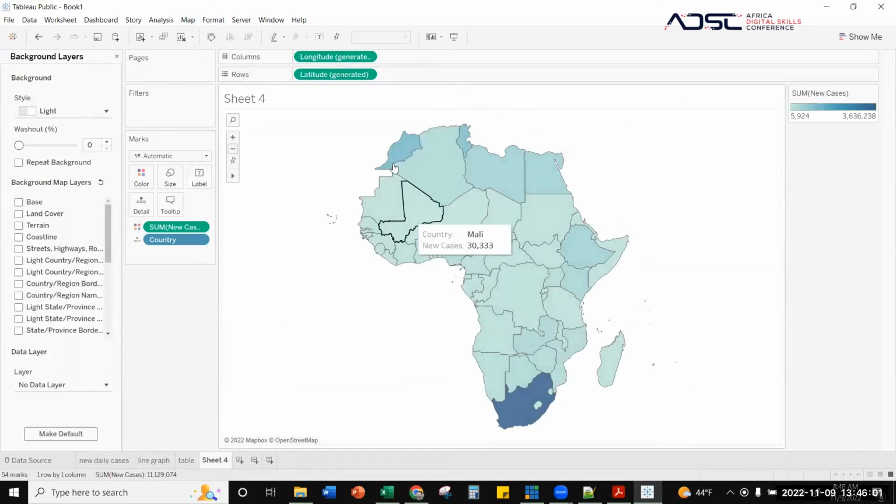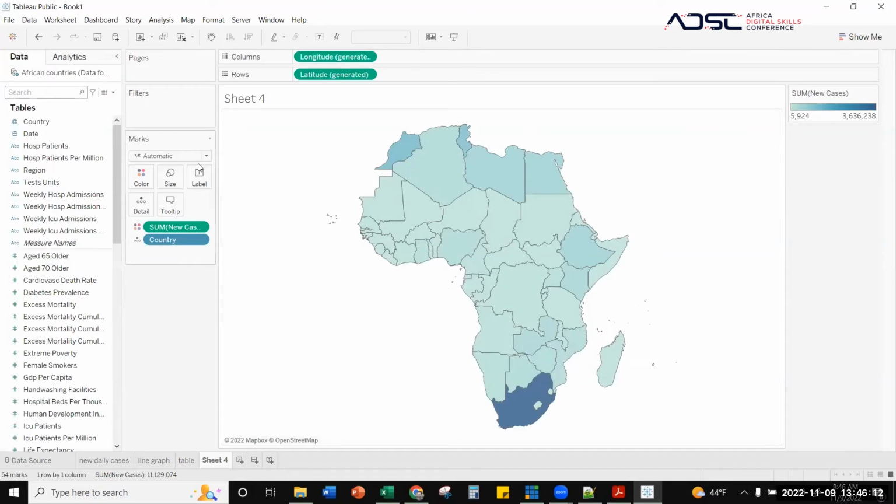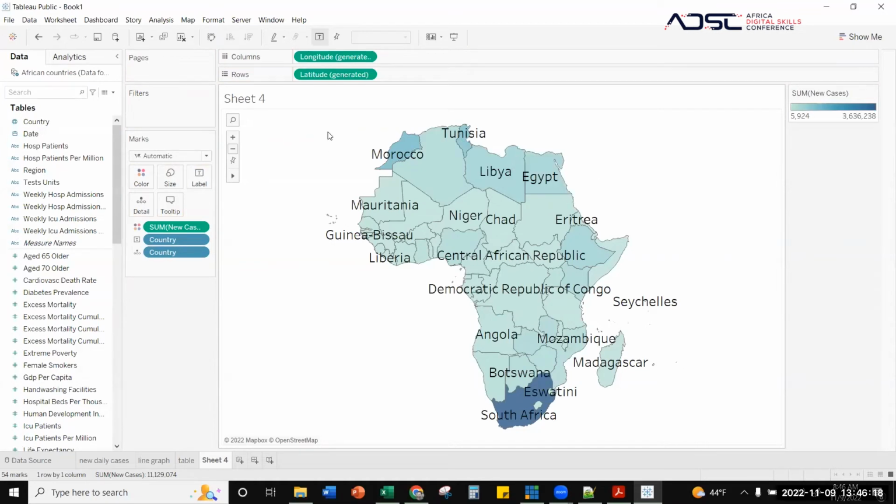So right now, you have the countries here. Unless you click on it, you don't know which country is which. So the other thing you can do, as I already showed you, is put the names of the countries in labels. If you put in labels, country, the names of the countries will show here. These are too big. So if you want to edit the name, the font size is too big, you